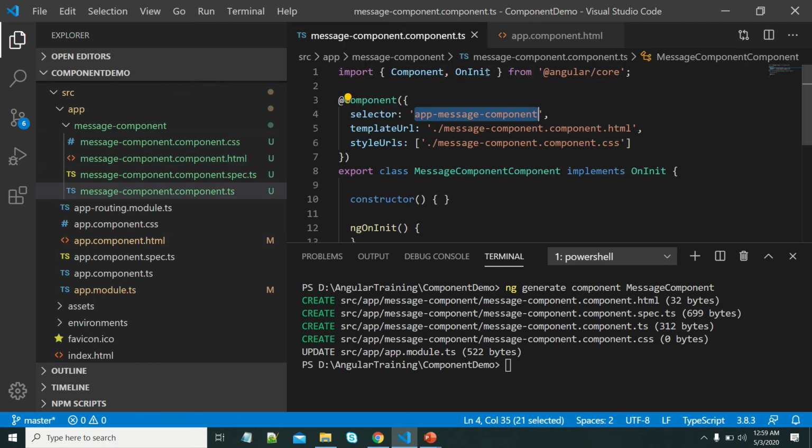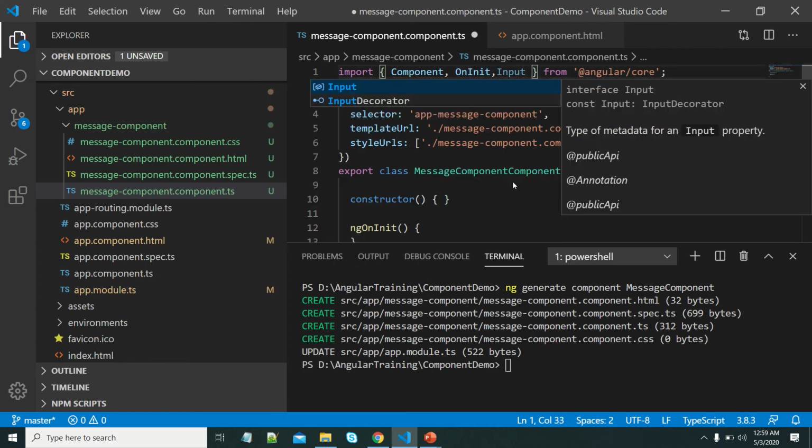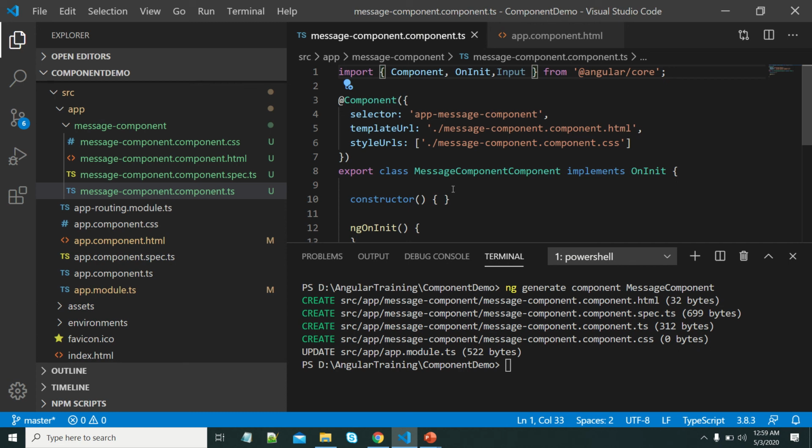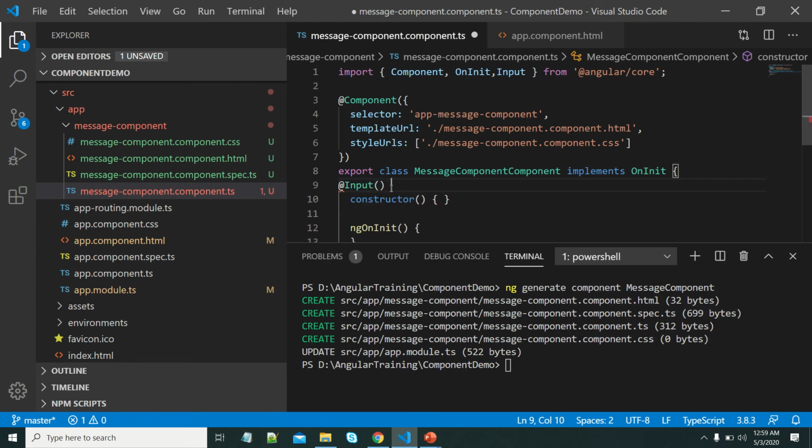To create the input property, first we need to import it from Angular core. Let me create the decorator. Let me give the property name as parent message.